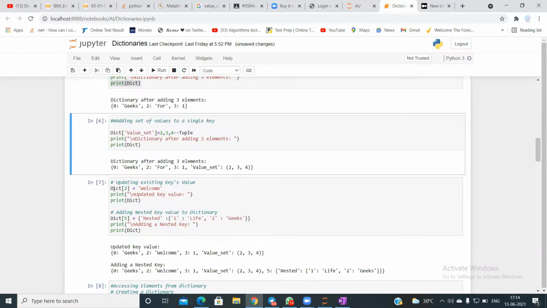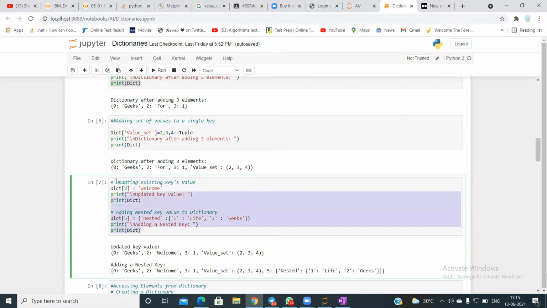I can just assign like this, dict of 2 is equal to welcome, or there is another method which we will look at later, that is using the update method. Using the update method also you can do the same operations as we have done here.